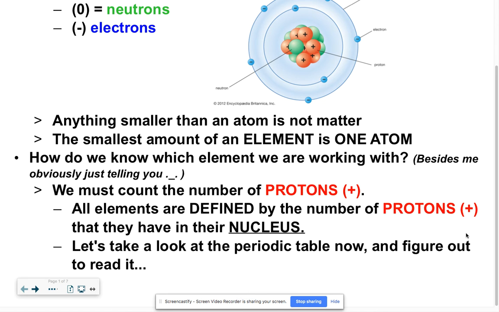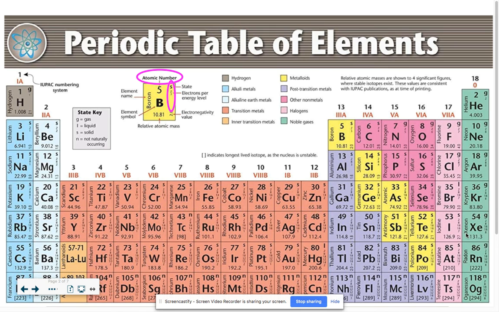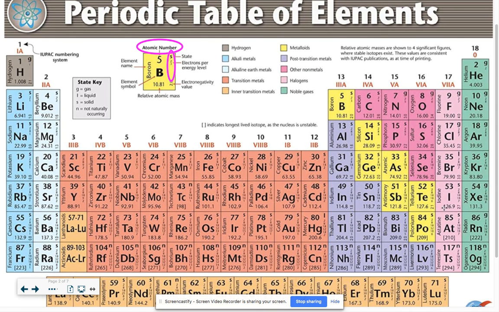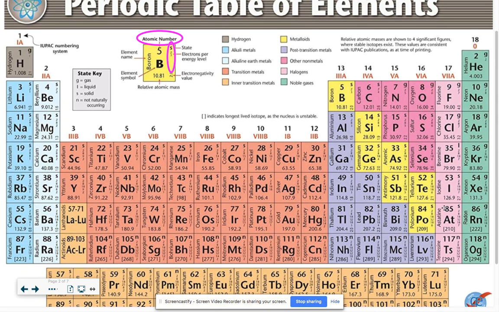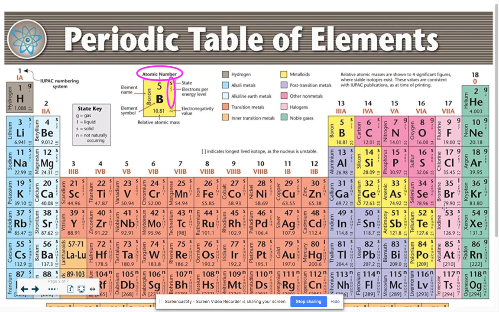So what we're going to do is take a look at the periodic table, and we're going to examine how to read it. And for those of you who have already done this, or you've seen the periodic table before, hopefully this is just a review. The periodic table is broken down into many different sections. And as you can see, this one is color coordinated. Yours is obviously not, since it's black and white on my printer, but we have different groups,